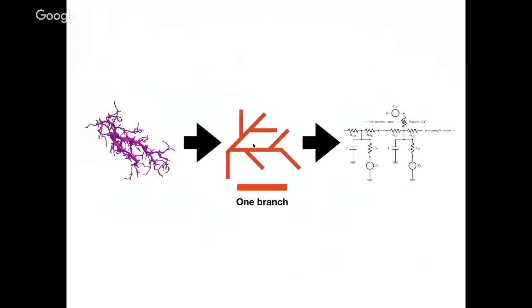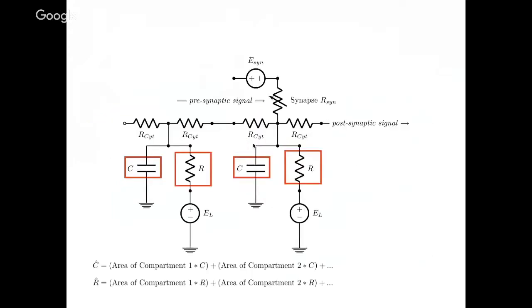And essentially, we do the same idea. We're going to take that complicated geometric structure, make the simplification of making each branch part of the compressed model, and derive the circuit again for that. And from here, the way we would move between the two to simplify is we're going to take the